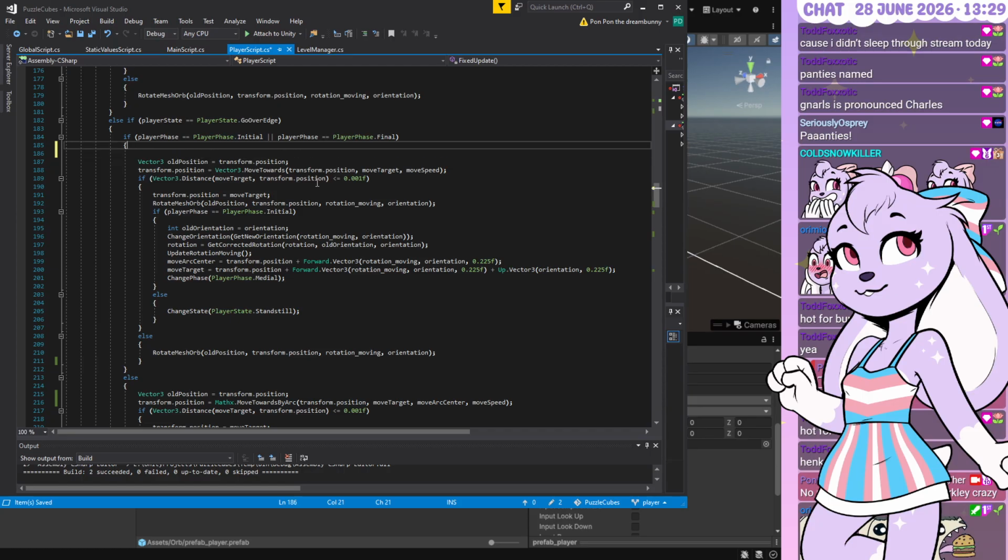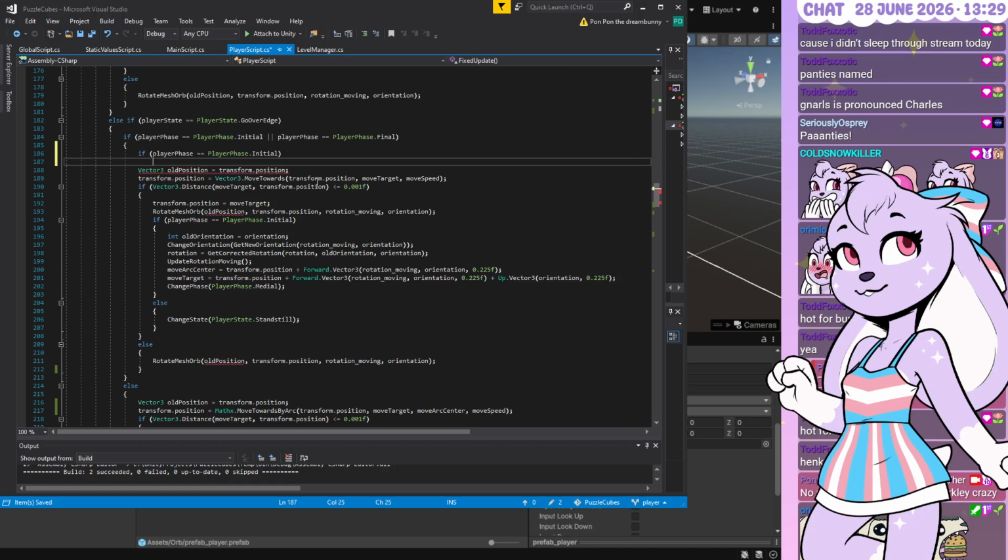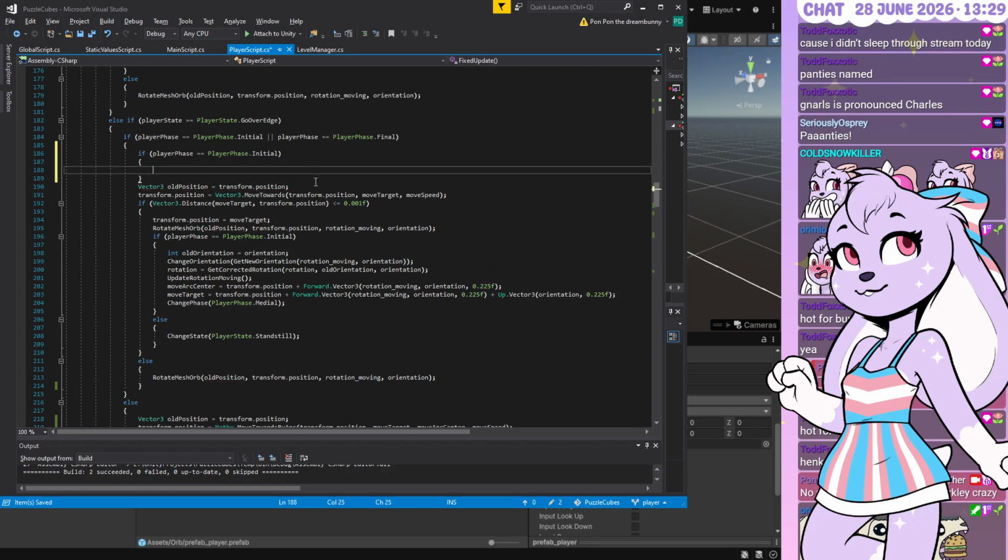I should be able to do like this. If it is currently going forward towards the edge to go over it,